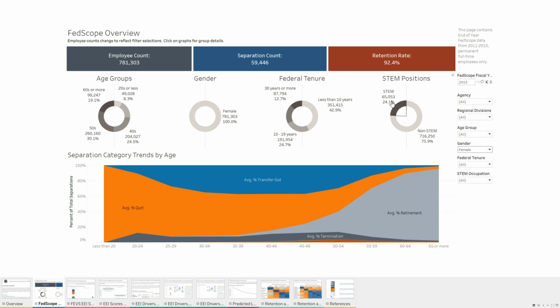We also see that only 25%, actually technically 24.1% of women are in STEM positions. So this is a particularly interesting point for me as a woman. I also have an engineering degree and a science degree. I'm not designated in a STEM position, even though I use math on a daily basis at work. Being in HR in particular, this raises flags for me about the mismatch between position descriptions and the work that's actually being done. And I see this all over the place.